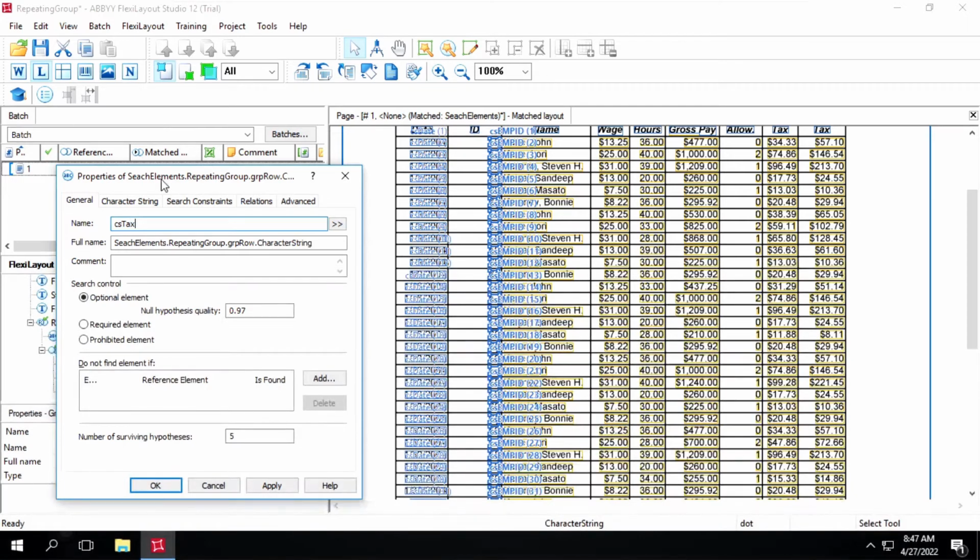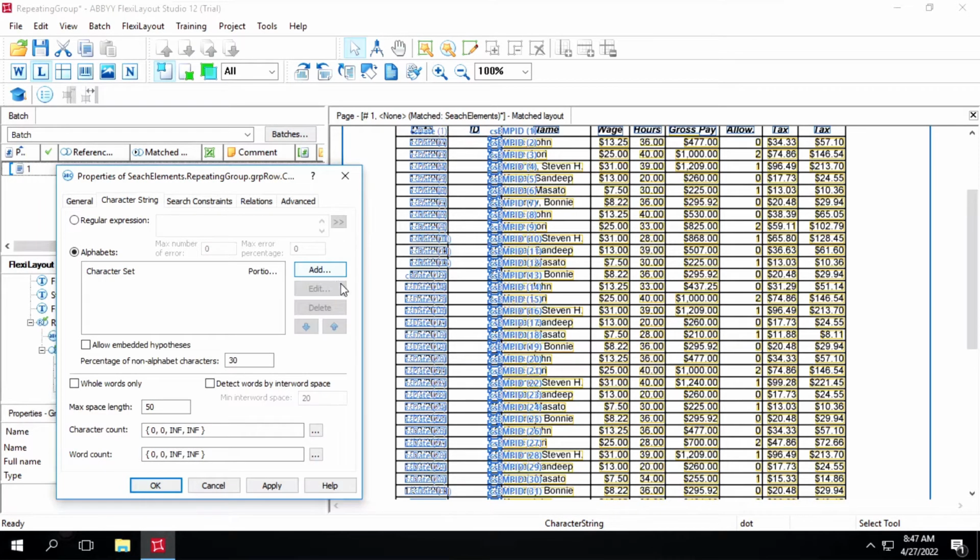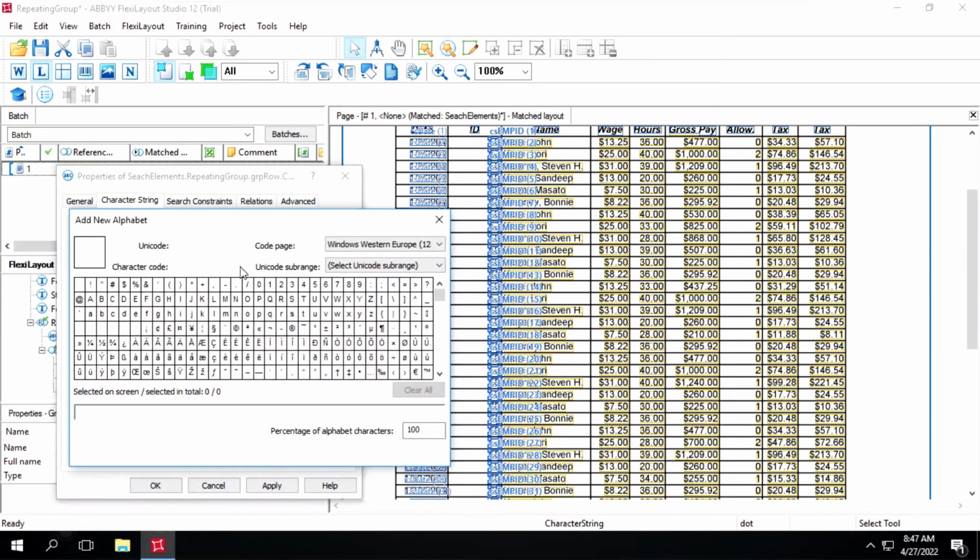Okay, and in this character string tab we'll select dollar symbol, then all the numeric values, and then dot. Okay, so we'll click on add, and here we have this dollar symbol, then this dot, and then we'll include this one as well. We'll click on OK,